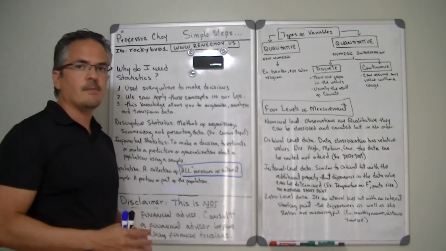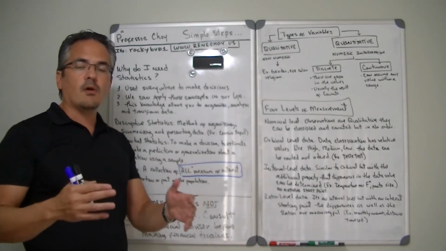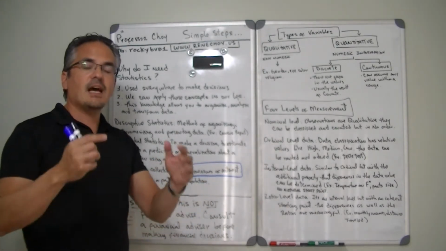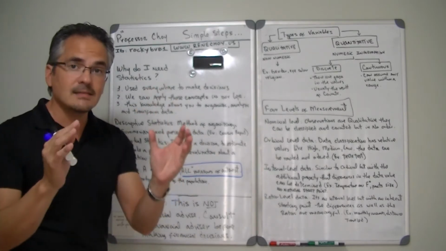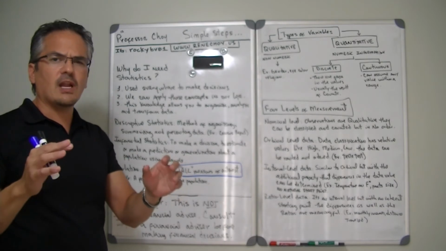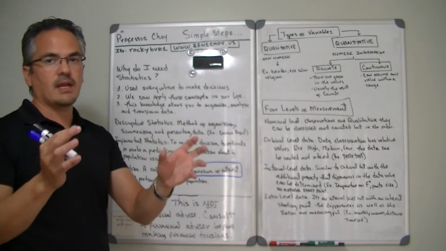For example, if I say, I want to know what the average income is in the students in my class, then I have defined the students in my class as the population. So in order to have a population, all I need to do is collect all the students in my class income.